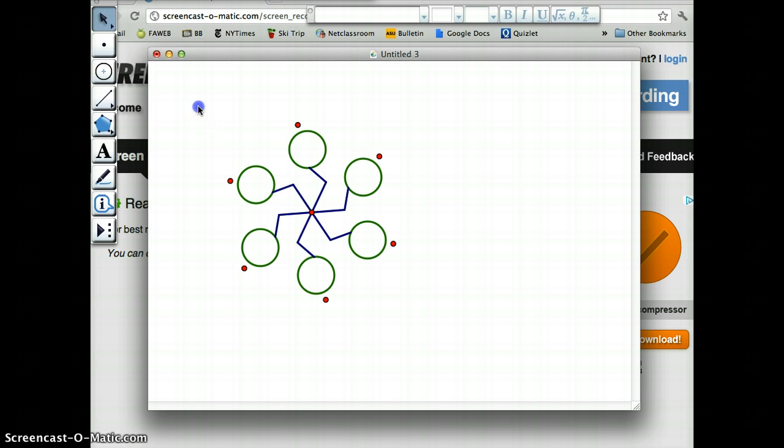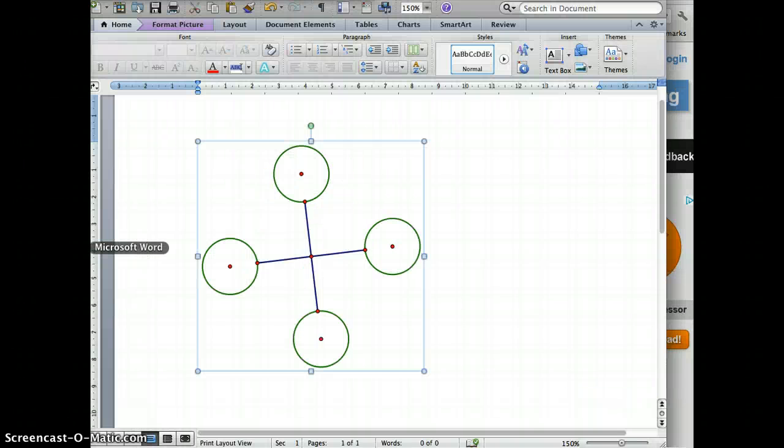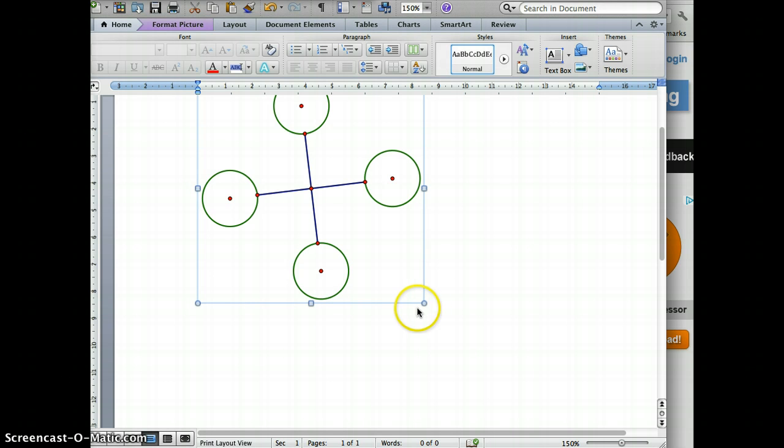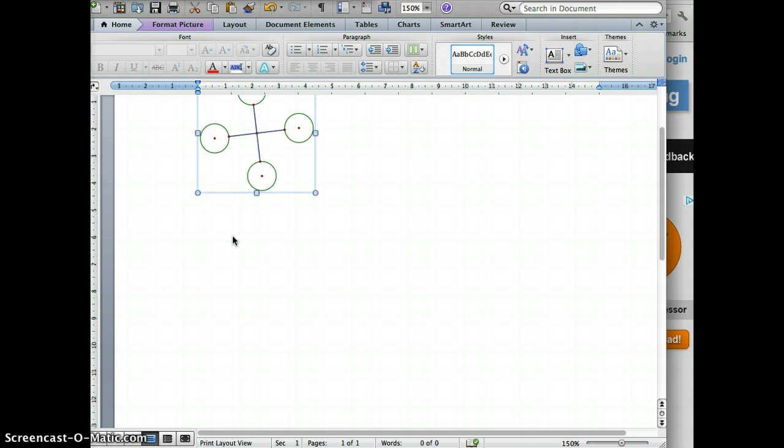And I can basically go ahead and select the whole thing again, and I'm going to copy it with Command C or Control C, and I can go, let's say, put it into a Word document. Here's one that I already made here, but I could put this right below it here. I'm going to make this one a little smaller just by dragging it like this, and I'm going to paste another one